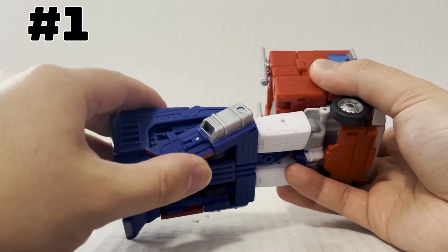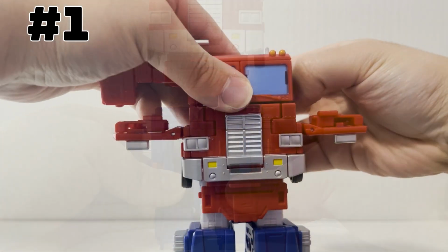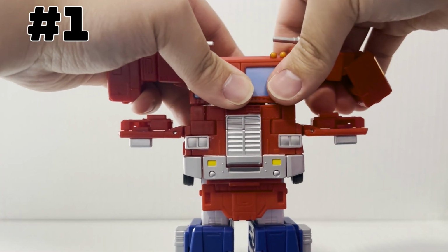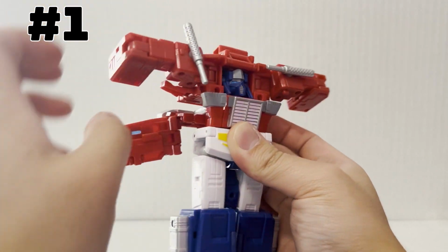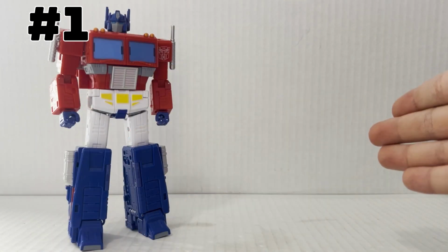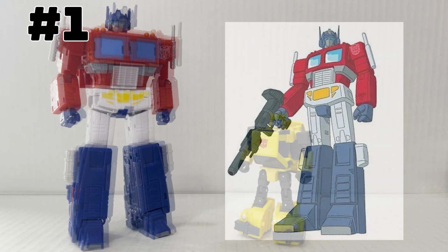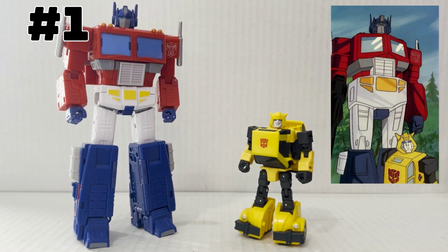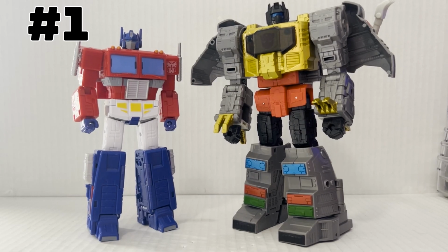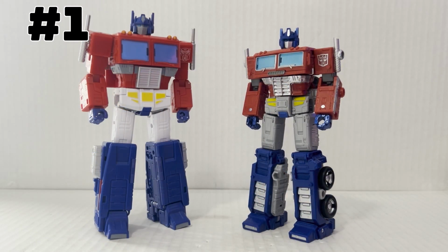And so overall, really just an absolute smash hit of a figure. I find very little to no faults in SS86 Optimus Prime. In addition to that, the box art's also really cool. And the fact that they advertised it and gave us accessories with the Megatron must be stopped, you got the touch, you got the power, like that accessory, the pose that he hit before that, it's all just really, really well done. And so guys, that is my top 10 list